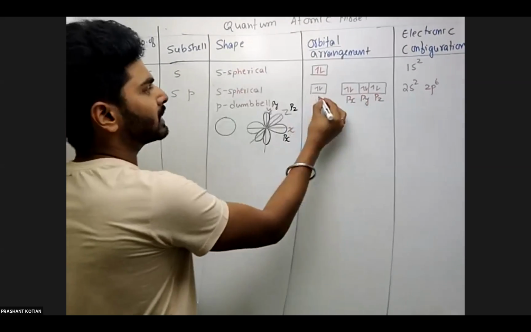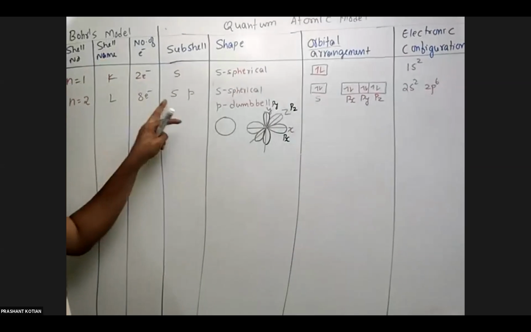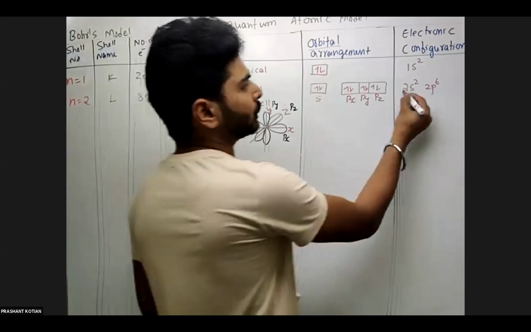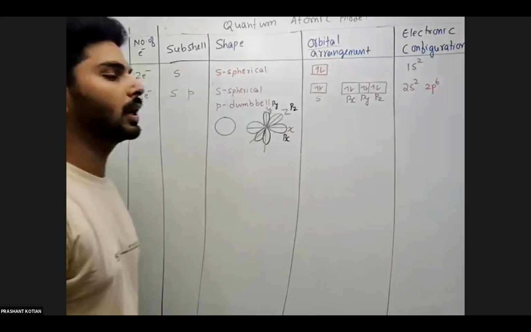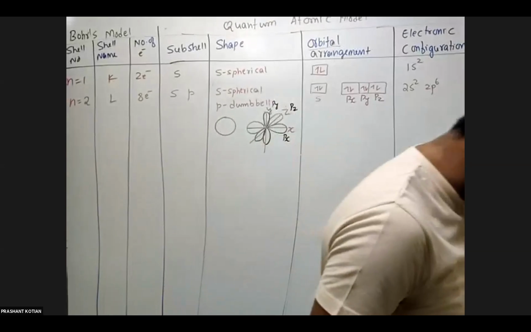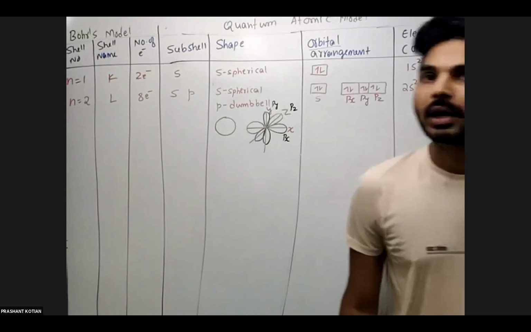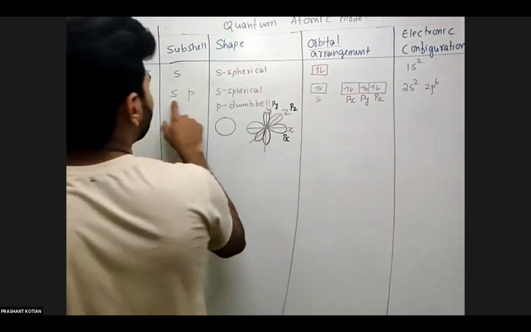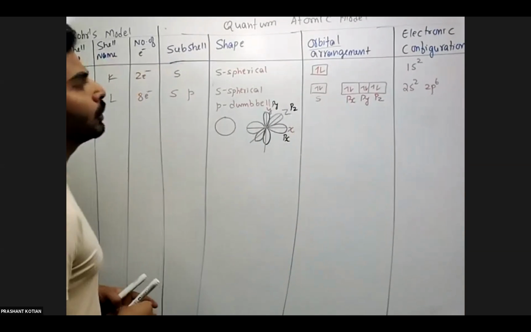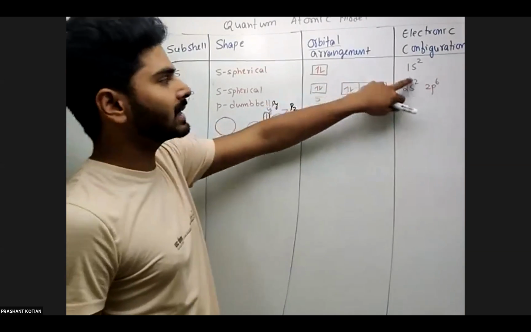And this will simply be s, and both s and p are confined under the second shell. That's why both will have shell number 2. Both are under the second shell. So you can call this s as 2s and this p as 2p. Now you may wonder what is the difference between 1s and 2s.